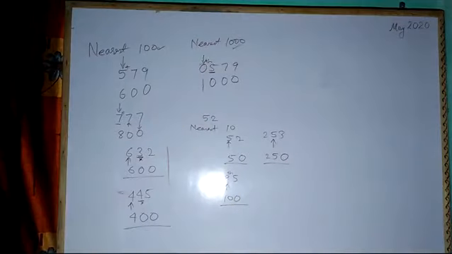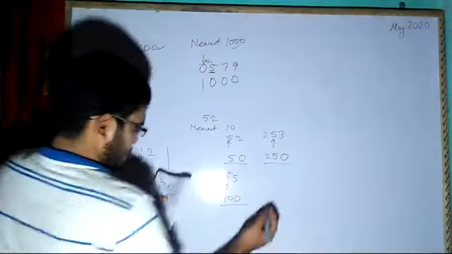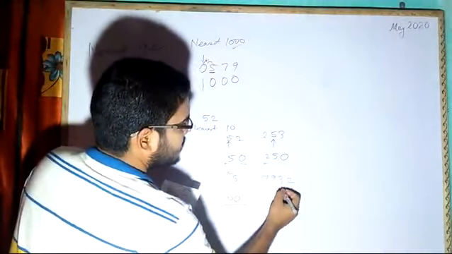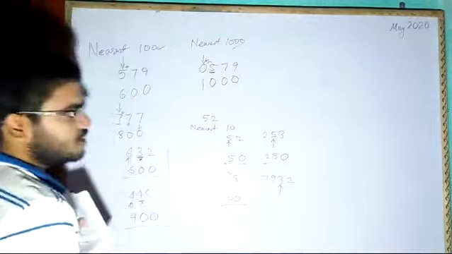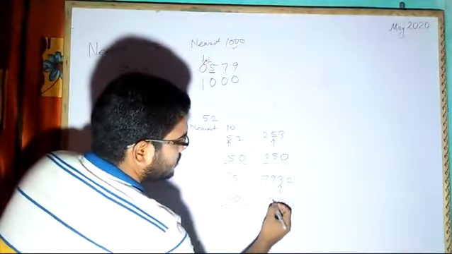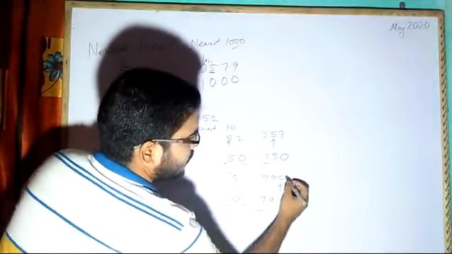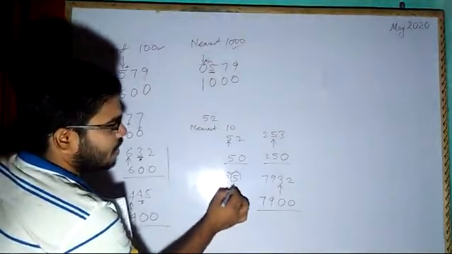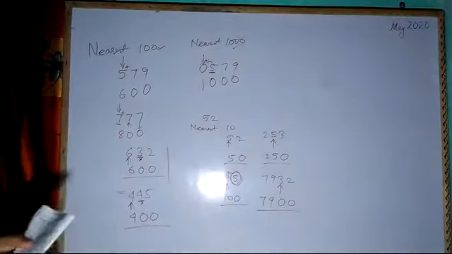250. Now if you have another number like 7932, 7932 nearest tens, this means 3. This number is less than 5, so it will become 0, then 3 goes, this 9 and then 7. No need of any increment. Increment will be there only when we have 5 or more than 5.